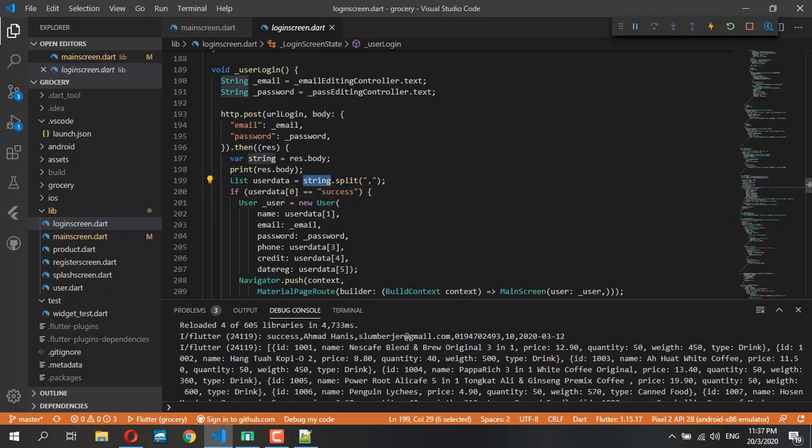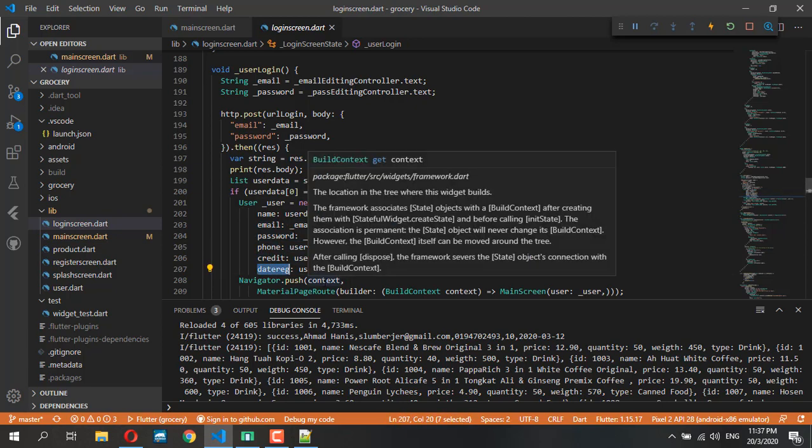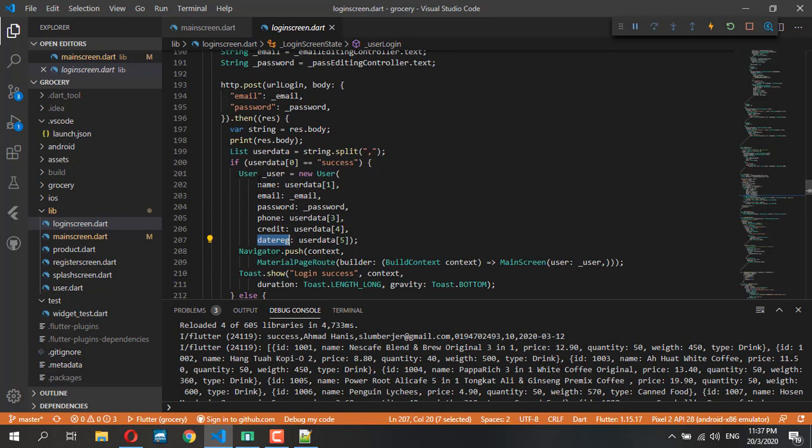We split the user data, with all the information we receive, which we need, for example, name, email, password. Email and password, no need to worry because we have those from our login page, but we need phone, credit, and date register. So once we create a user object, we can easily pass it to our main screen by using this,